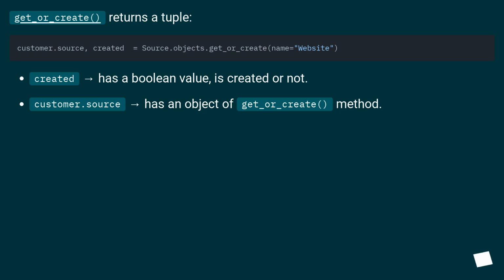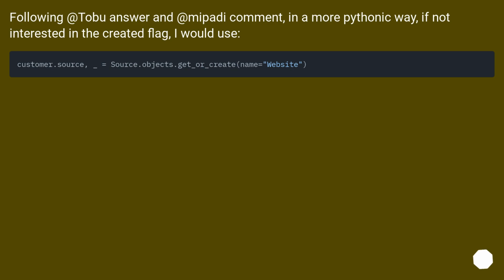Created has a Boolean value, is created or not. Customer.source has an object of get_or_create method. Following at Tobu's answer and at Mipedi's comment, in a more Pythonic way, if not interested in the created flag, I would use